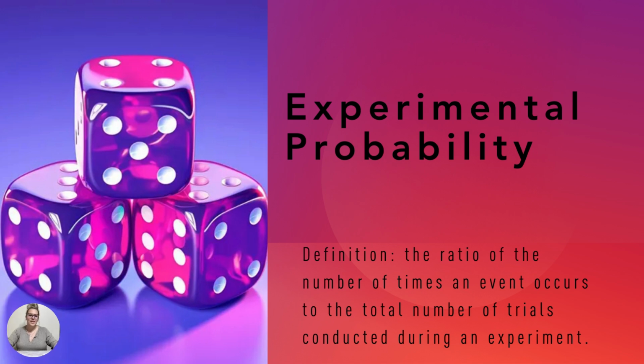Hello, my name is McKenna Davis, and today we are going to be talking about experimental probability. Experimental probability is the ratio of the number of times an event occurs to the total number of trials conducted